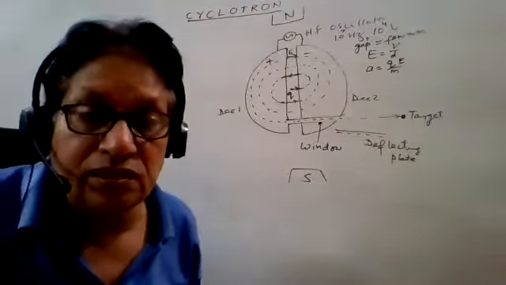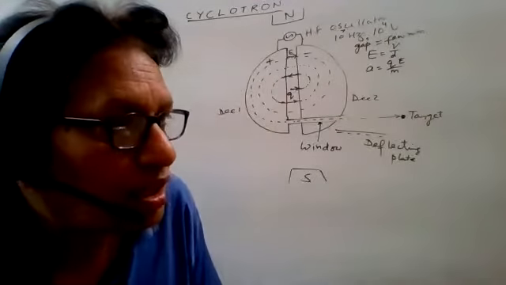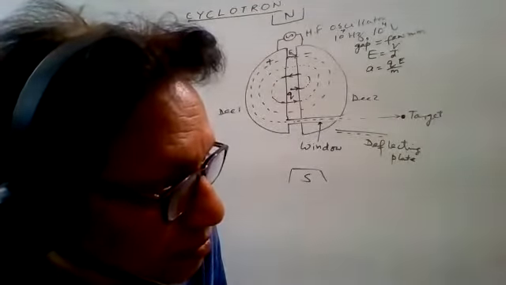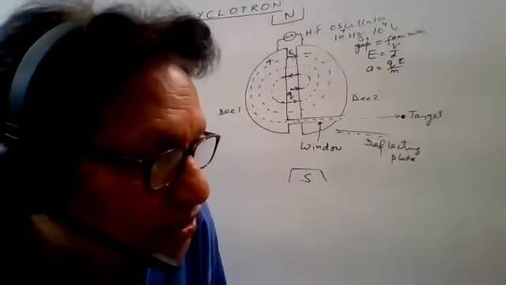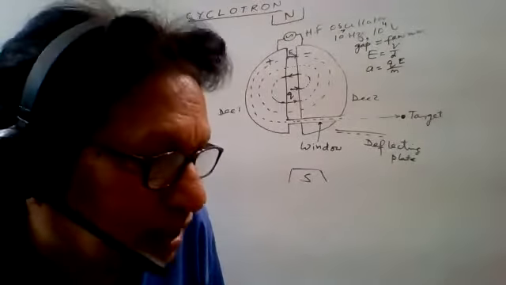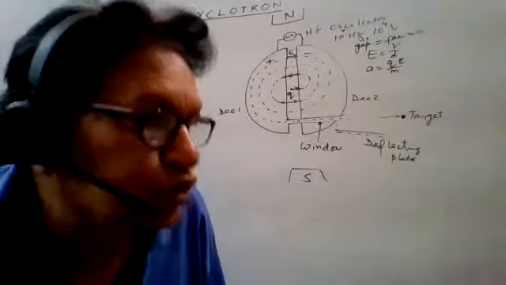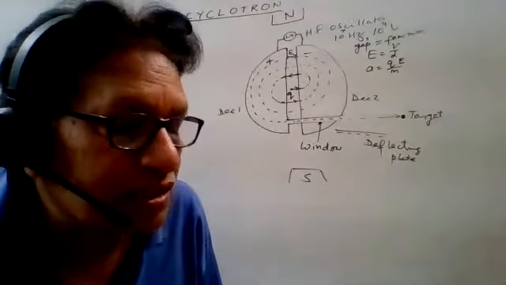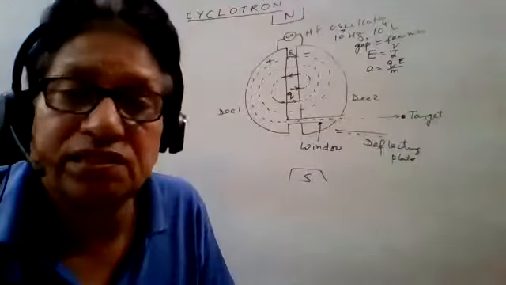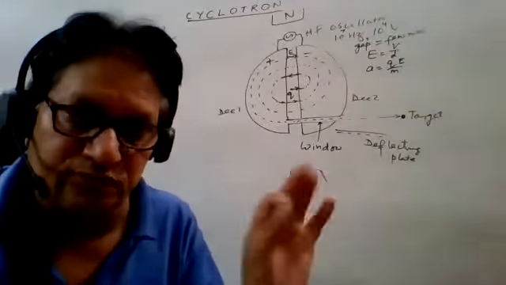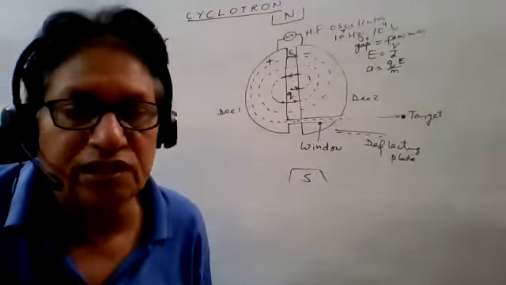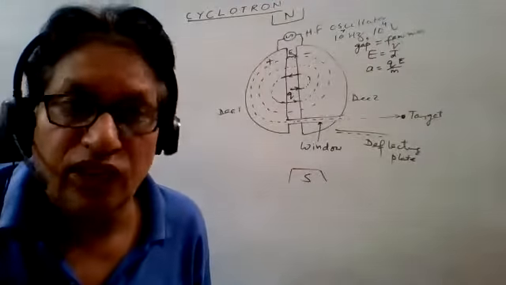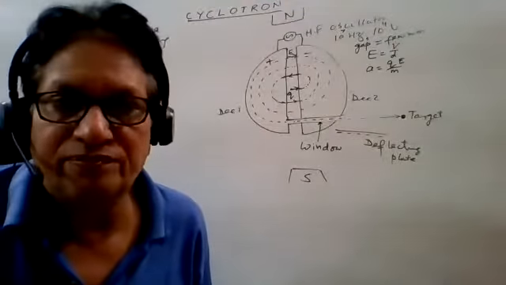Yes, sir, what was the question? Yes, please. Sir, in this cyclotron, you are saying that it is used for accelerating positive particles. Yes, a negative charge can be accelerated also, like an electron, but it is not useful to accelerate negatively charged particles, because an electron is very light. See here, very light. So their problem comes. We'll discuss this for positive charge or negative charge also. But for an electron, it is not desirable.